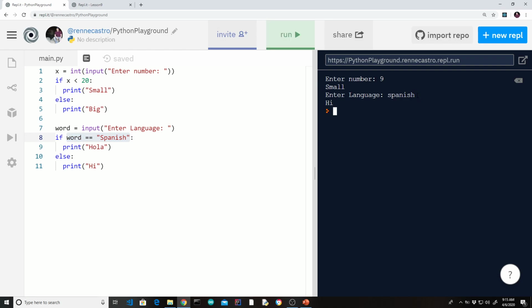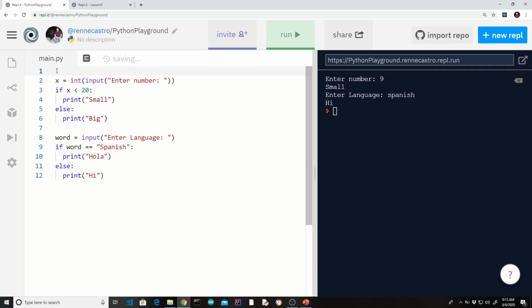Okay? So when you make a decision, especially when it deals with strings, we're looking for an exact match. There are things you'll learn about in the future to avoid this kind of case sensitivity in a person's answer. But again, that's beyond the scope of this lesson. All right, the last example I want to do